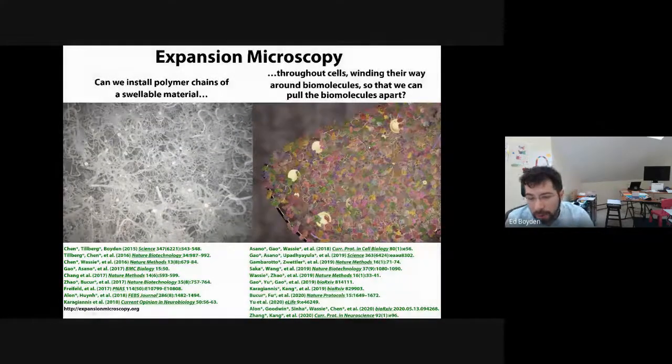So in my group, about 5 years ago, we announced a surprising discovery. In contrast to 300 years of zooming in with a lens to take a picture or magnify an image for your eye, we decided, what if we could physically magnify a biological specimen itself? What if you could weave chemically a dense spiderweb-like mesh of swellable polymer so that it goes inside cells, outside cells, in between biomolecules, around biomolecules, and that dense swellable mesh of polymer will then allow us to expand the